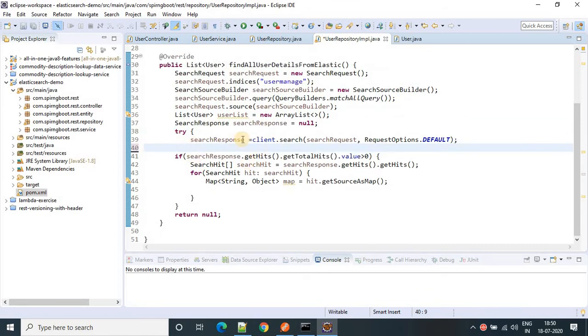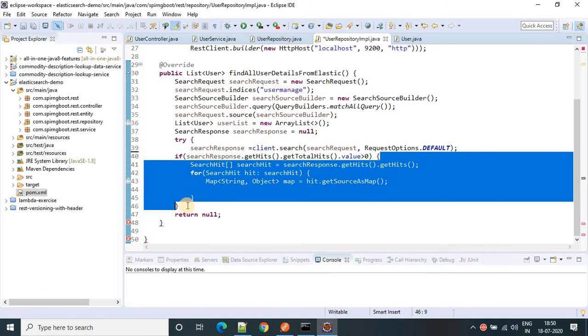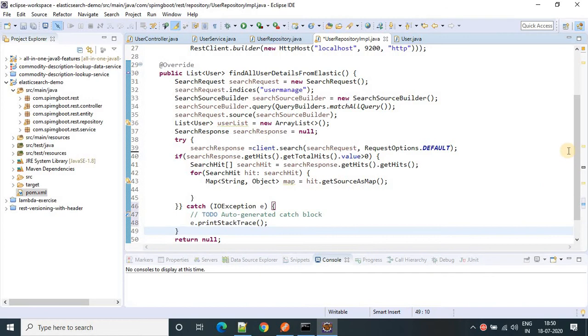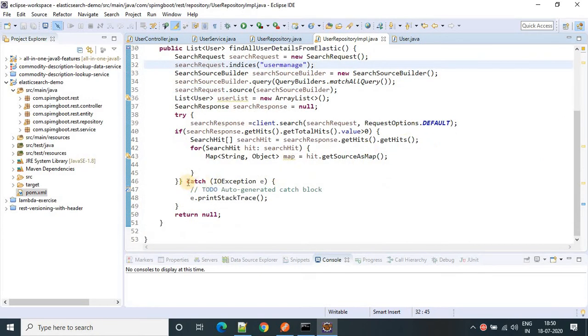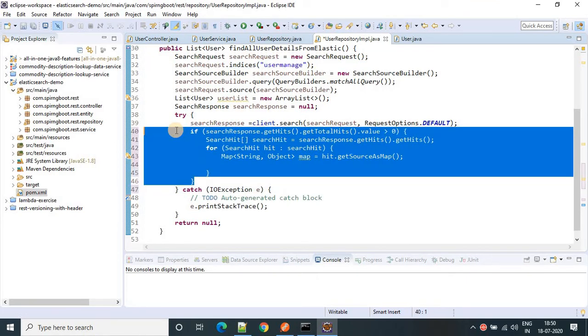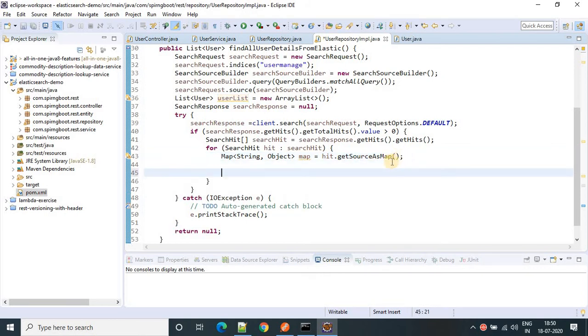This is needed after this. Okay, now it's in a more readable form. So we have to return a user list.